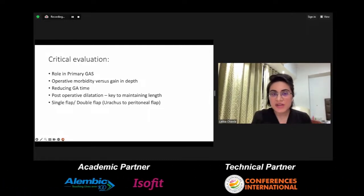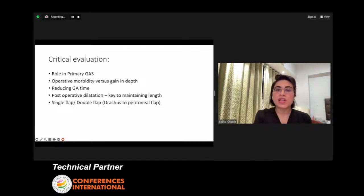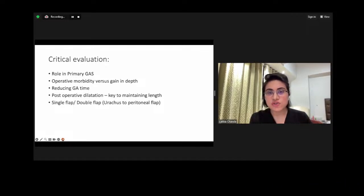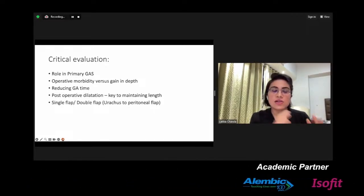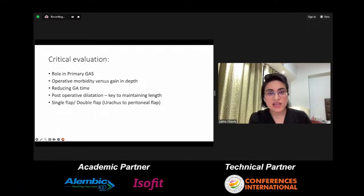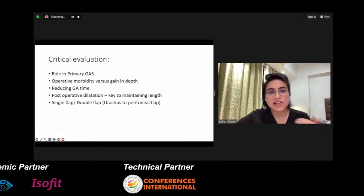We can make it into a double flap where we don't need to do the entire bladder dissection. We can have the intraperitoneal apex like we do in a general MRKH pull-through surgery. The only disadvantage in that is probably again a little loss of vascularity in the flap. But yes, we have used those techniques as well in certain patients where the morbidity is higher and the bladder